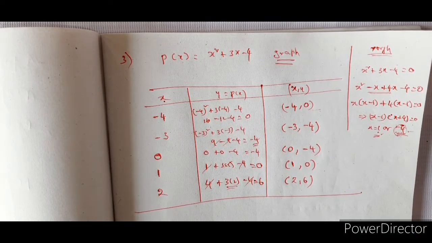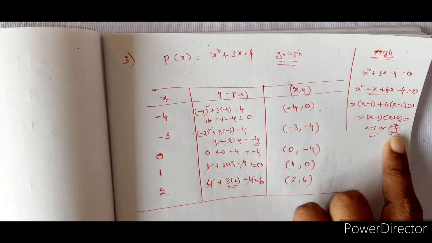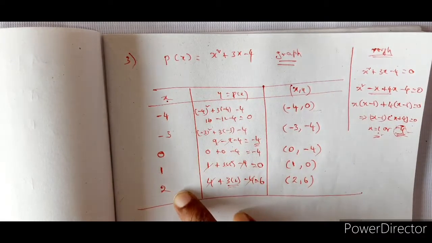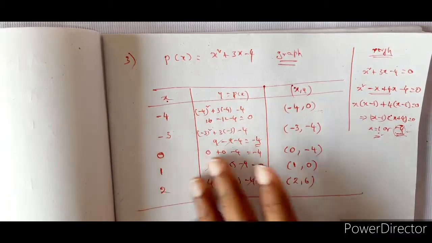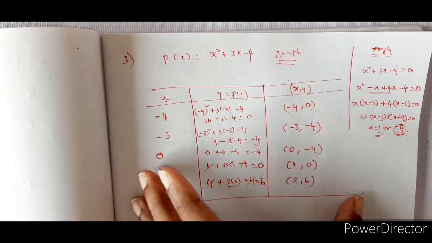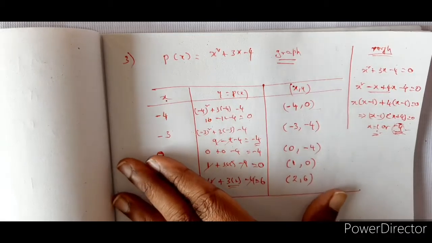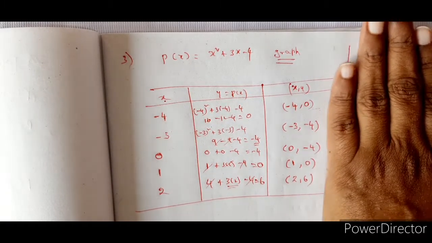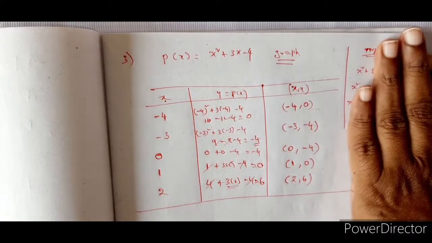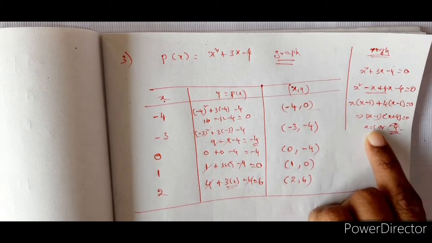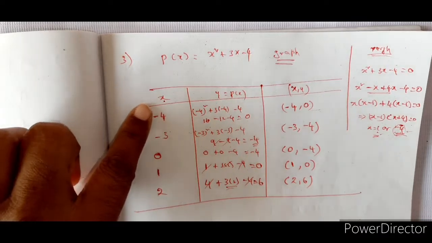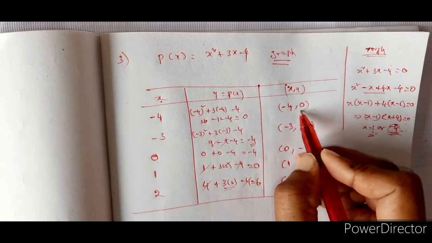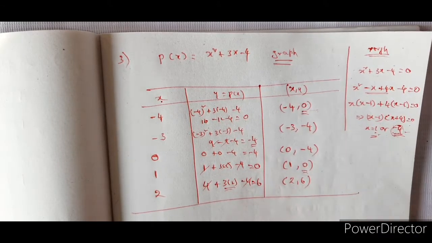So without knowing the zeros, if you start finding from somewhere at -1, -2 and all that, then it will become difficult for you to go and then continue the graph, extend the graph and check that one. So don't waste so much time. First find out the roots in the rough work. I am saying it is in the rough work. Then afterwards include zeros also along with the other x values, so that there will be a proof for you that here is one 0, here is another 0.